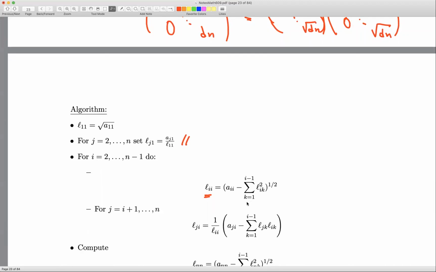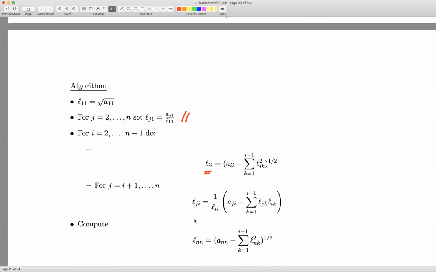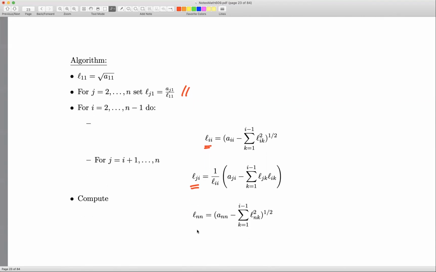And this will be the expression for L_ii, and then you will find the expression for L_ji for the values of j from i+1 to n. And in the very end, you will compute the last term of the matrix, which is the L_nn term. So this is how you perform the Cholesky